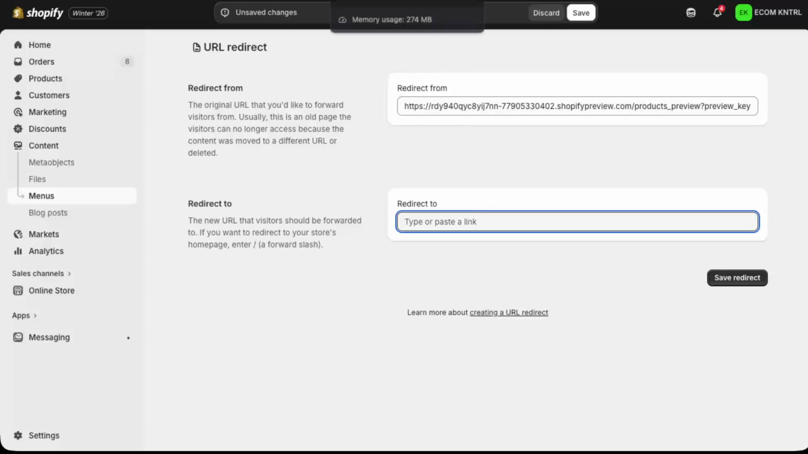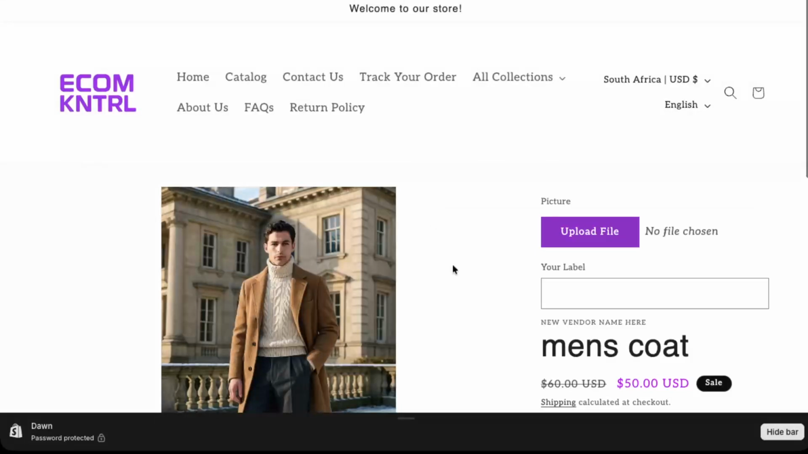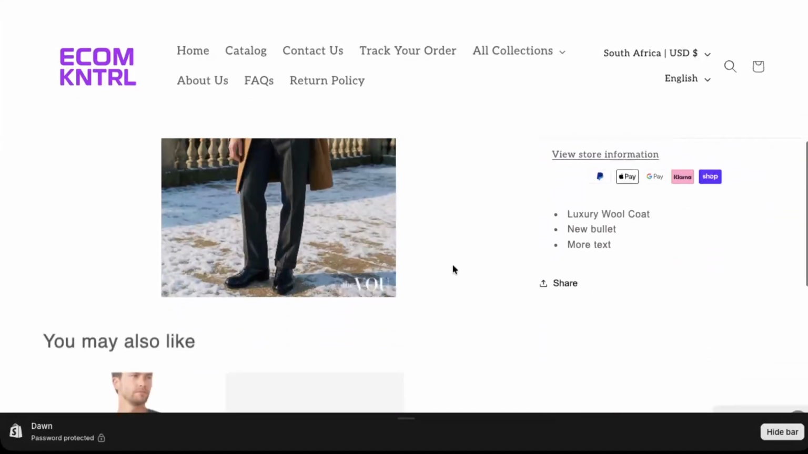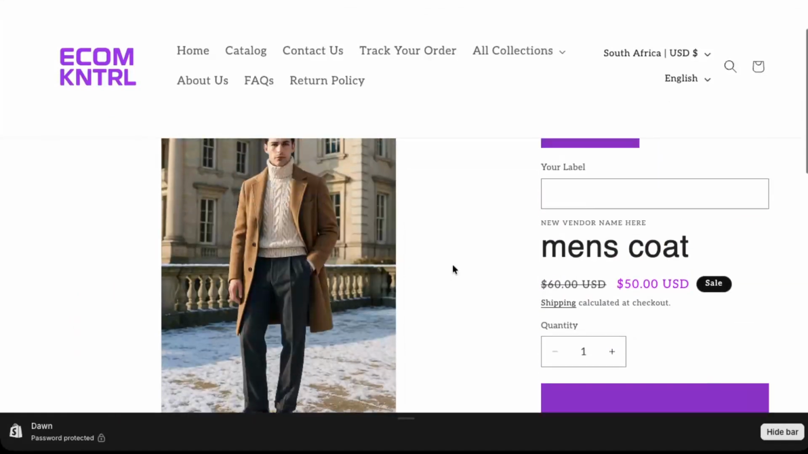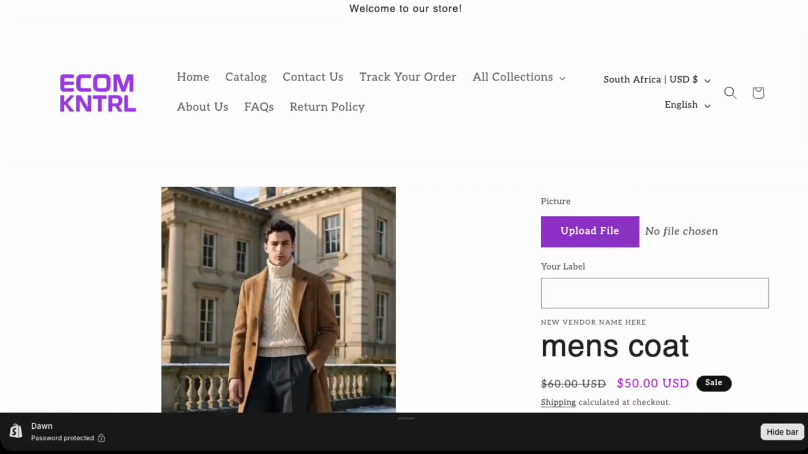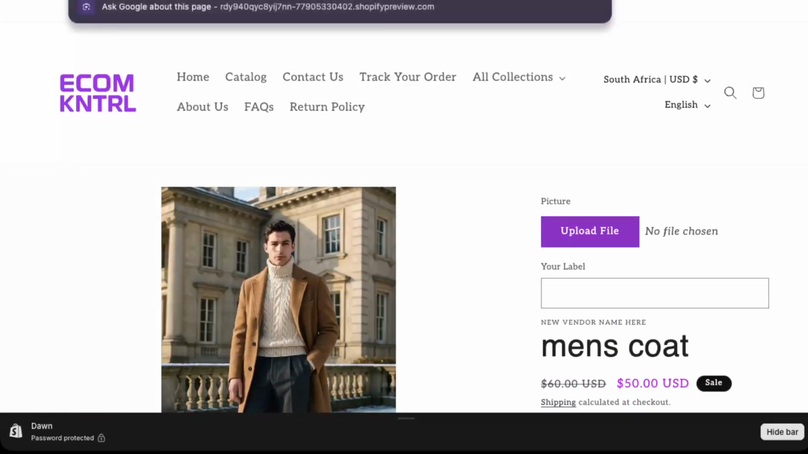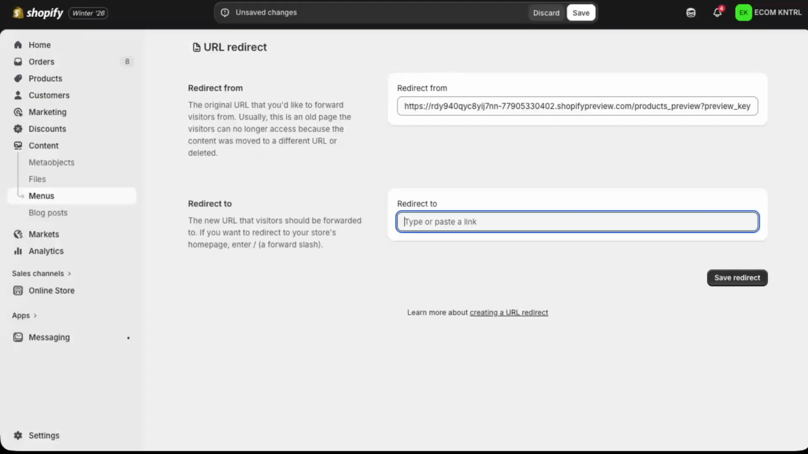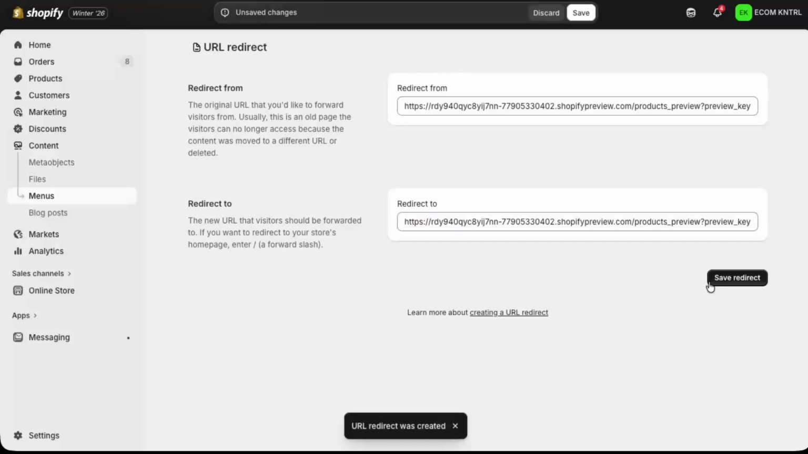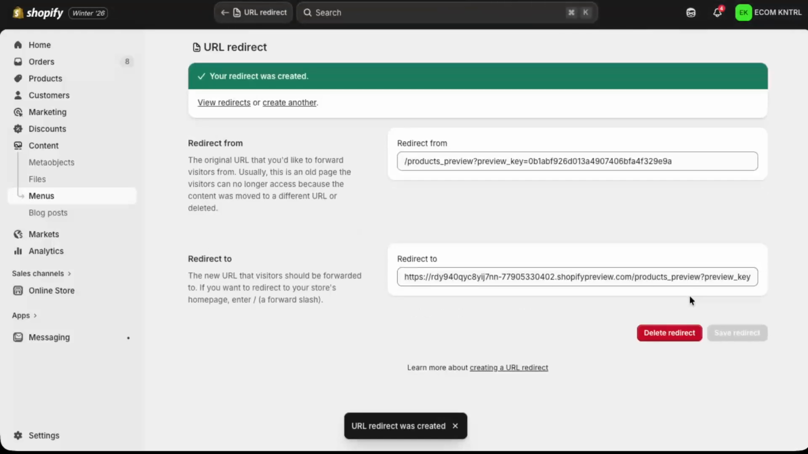Next, in the field labeled Redirect To, type the URL path where you actually want people to land. This could be a new product page, a collection, your homepage, or even a blog post. Again, just use the path portion, such as /collections/new-arrivals or /pages/contact. When you're happy with both fields, click on Save Redirect. Shopify will now automatically send anyone who visits the old broken link to the new destination you